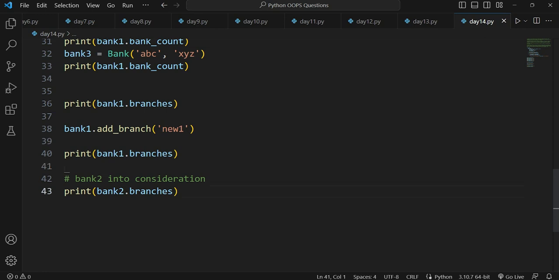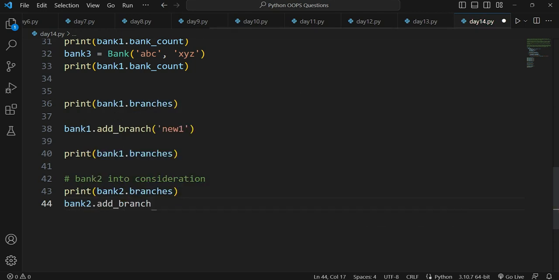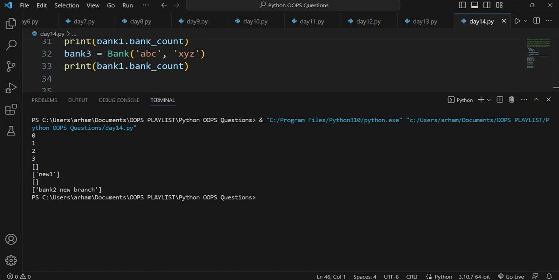So let's add some branches here. We can add bank 2.add_branch. Let's say it's bank 2 new branch. Now this is the branch we have added, and if I run this, you will see that we get bank 2 new branch in our list. See, we got bank 2 new branch.